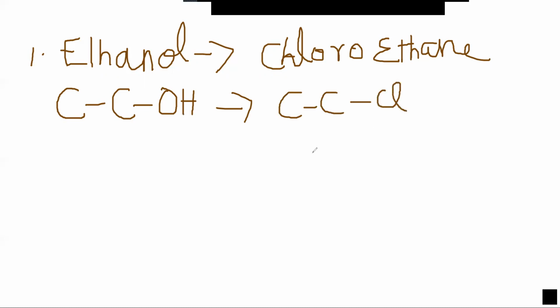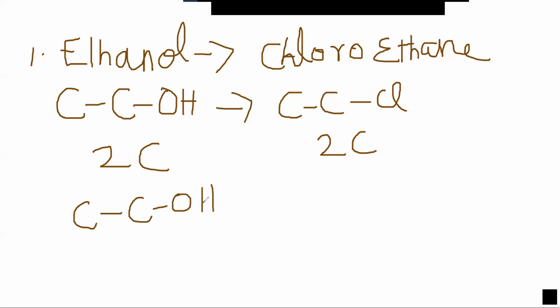This is the chloroethane. See, in this conversion, first analyze the number of carbon atoms. Here the reactant side has 2 carbons, and the product side is also 2 carbons. So the number of carbon atoms is maintained. Then this conversion will be very easy. If carbon decreases or increases, you have to think of some name reactions. Here it is very easy. Carbon atoms are the same. So now you have to replace OH by Cl. So just normal chlorination. You have to chlorinate the alcohol.